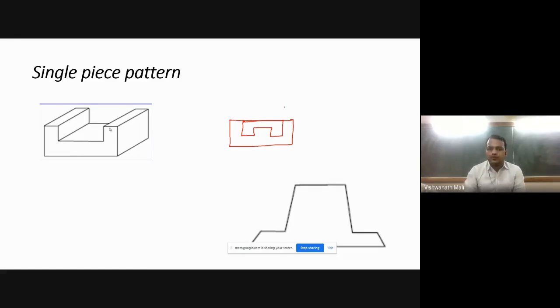Here it is rammed sand. After ramming, we remove this pattern. When we remove it, you can easily remove this. And after removing, you can have the cope, and this is the drag. So here, as it is a single and simple piece, you can remove it easily.